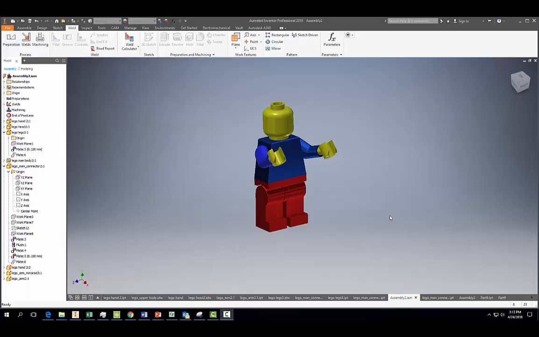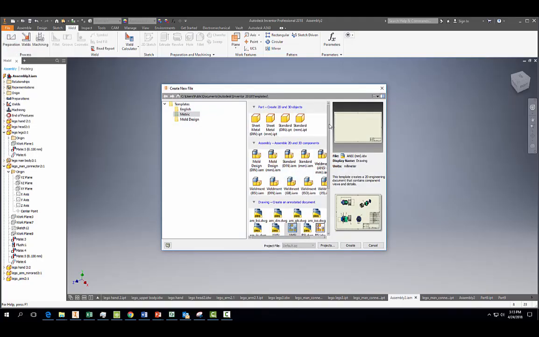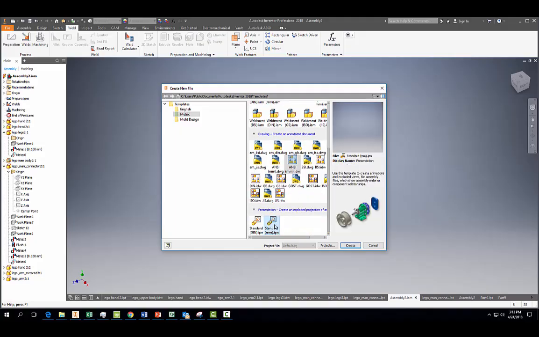All right, today we are going to learn how to create an exploded view of Lego Man here. So what we want to do is go ahead and File, let's go to New, and we're going to scroll all the way down here to our standard millimeter.ipn presentation file. So we need to do this in order to make our exploded view. So let's go to Create,